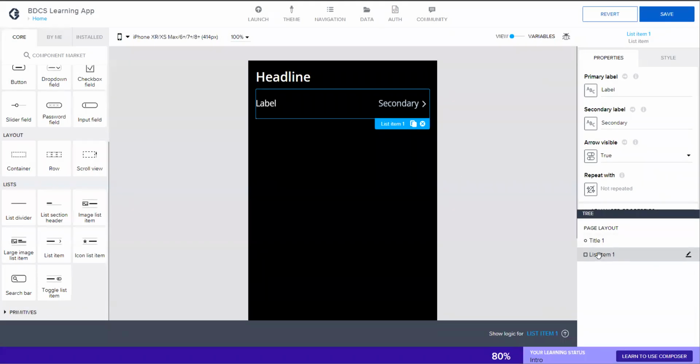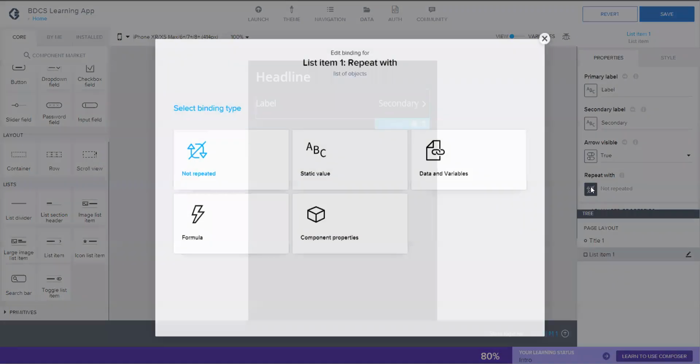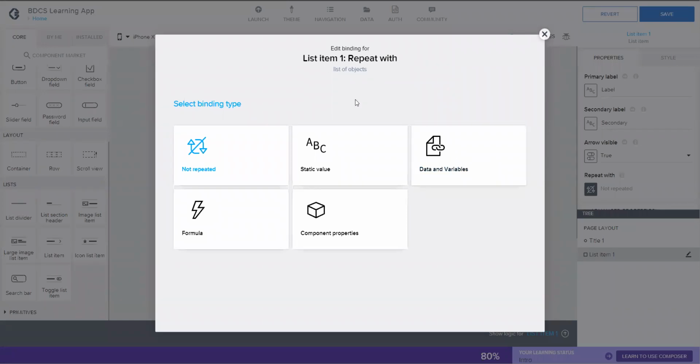In this, you should see the list item being clicked in the properties over here. In the properties, there is a label, secondary label, arrow visible, but here is repeat with. I click on this. It shows me an option: not repeated, static, variable, formula and things.